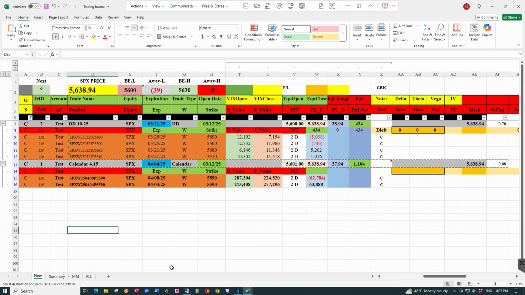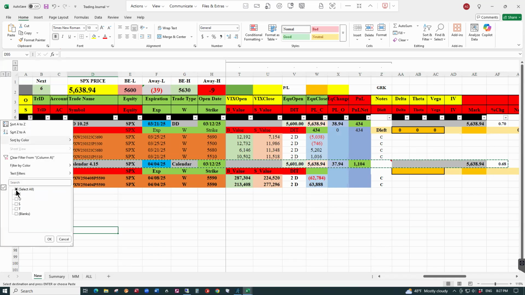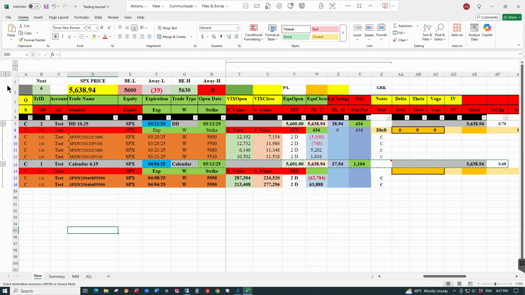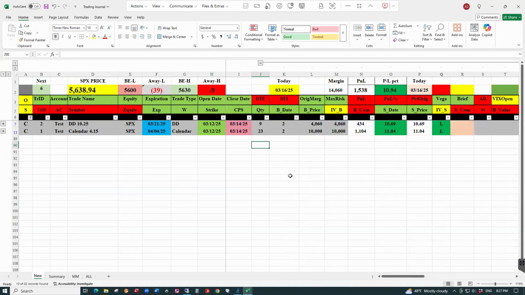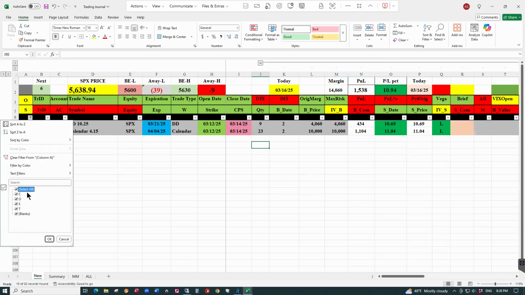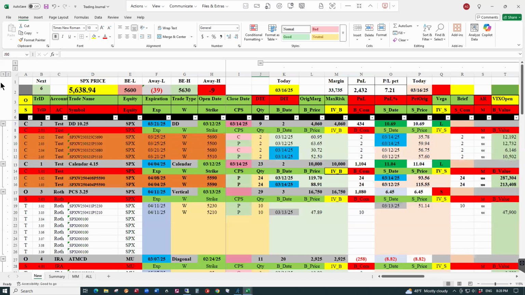One of the things that we will see, like here when I was showing you, is that we were only seeing the closed trades, and if we click one here, it will just show the summary of those closed trades and give me the actual profit and loss in all the closed trades, which was 10.94% profit. Now we can see all the trades here if we want by selecting all and clicking this and then clicking one,